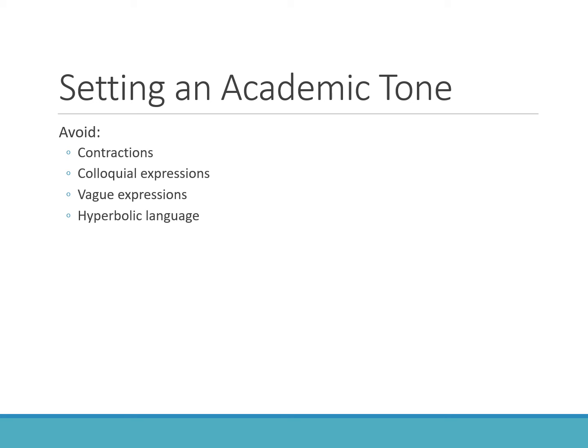The biggest place I see this with students is saying things like, all individuals with bipolar disorder struggle to maintain a steady job. Right? That's not true, and there are always exceptions when we're dealing with psychology. So you want to make sure that any way you phrase something when you're describing a pattern, you're describing it as a general pattern, but we know when we're talking about people, there are always exceptions. So we need to be very careful with that hyperbolic language. Make sure we're not exaggerating the finding or the point that we're trying to make.